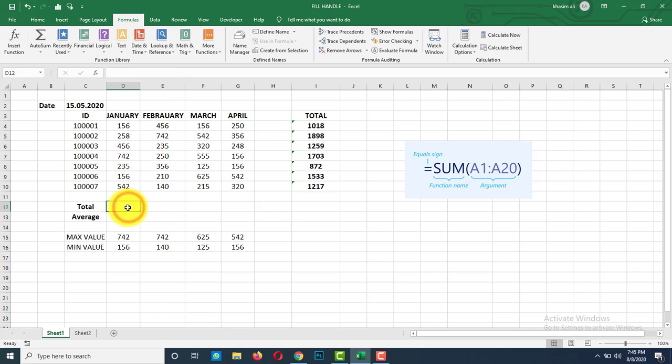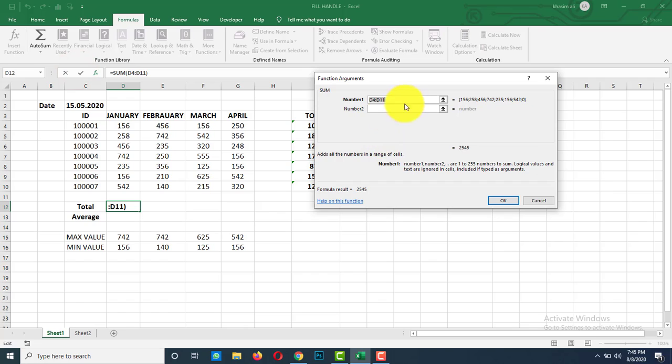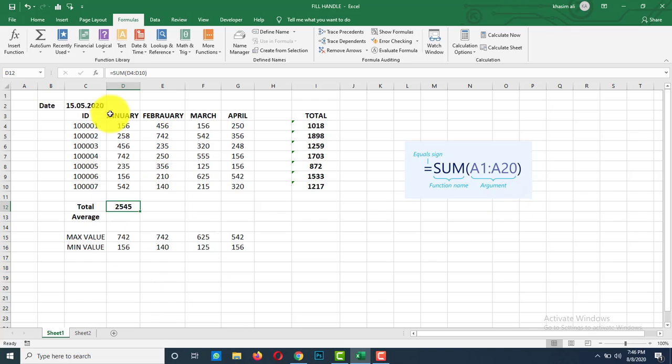For that, select the cell and here select this function. If you select this one, it asks to enter the range. Select the range you want to add and click on OK. See, the total is added. You can apply this formula to all the cells using your fill handle. Just drag using fill handle. The formula is applied to all the cells.